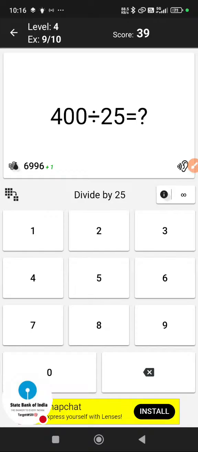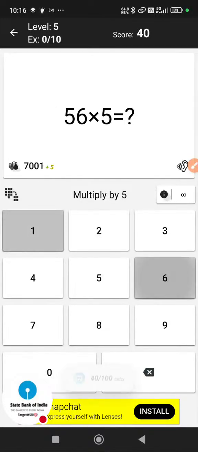Next one, instead of we see double zeros divided by 25, we can write this as 4 into 4, which will be 16. Next one,